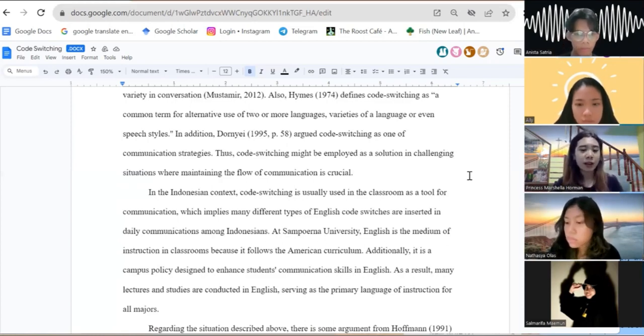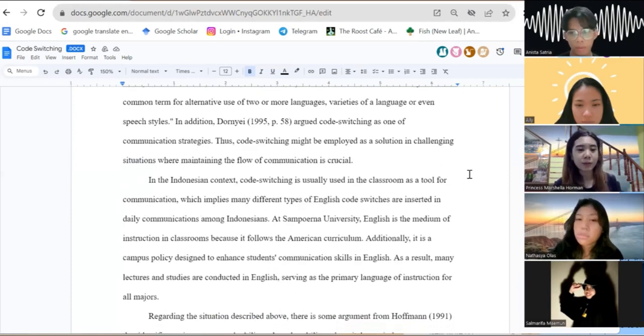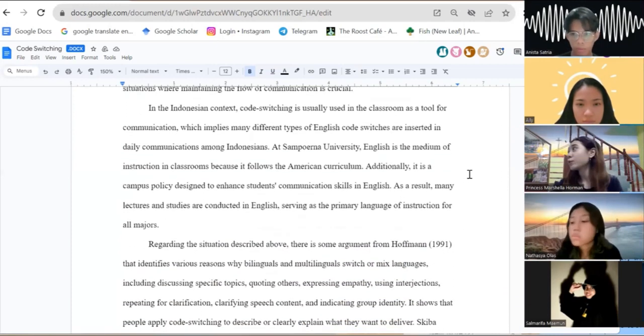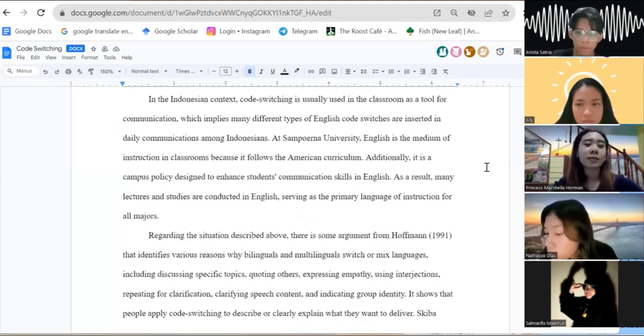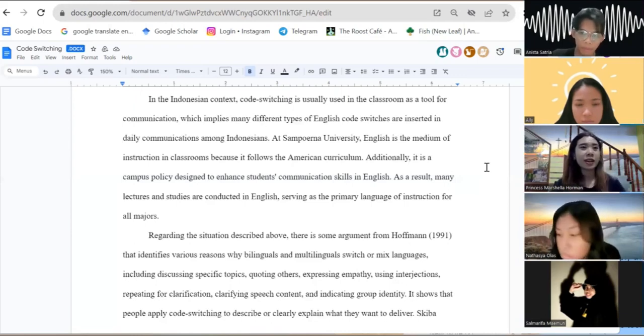And there are so many different types of English code switching which are inserted in daily communication among Indonesians, especially people who are living in big city areas such as Jakarta or Surabaya or Bandung and so on, because most of them know a few English words from media or social media. And sometimes it could be in education, for example, an international school or international level higher education, such